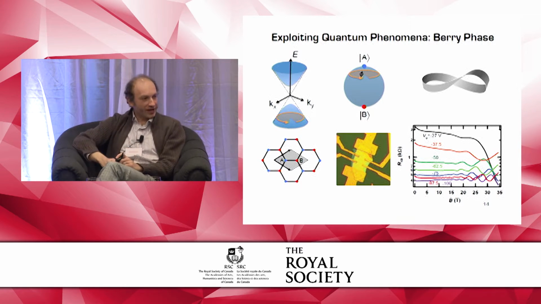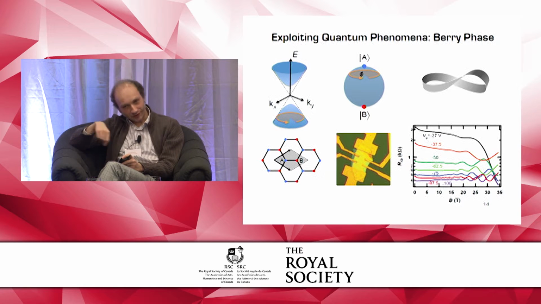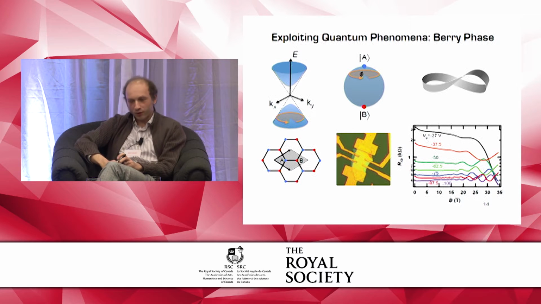when one takes an electron and forces the electron to make a closed orbit, there is a phase that is picked up by the quantum mechanical wave function of that electron. And that phase is not necessarily zero. And what this corresponds to in a very rough kind of way is if you look at the Mobius strip